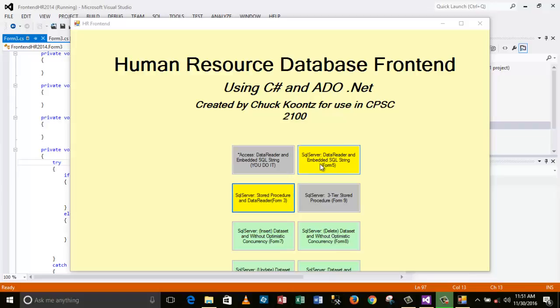Okay, so whereas here we created an SQL string, passed the string to the database server, had that string then executed by the database engine. This time we're going to be calling up instead a stored procedure and passing a parameter, but otherwise it's going to look very much like the previous program. So if I run it,